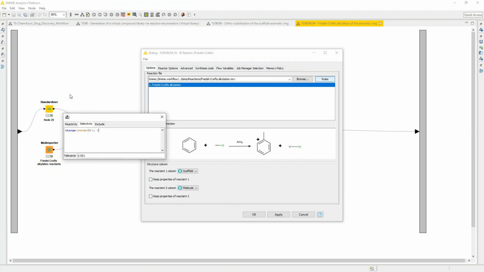So if I add an additional condition here,